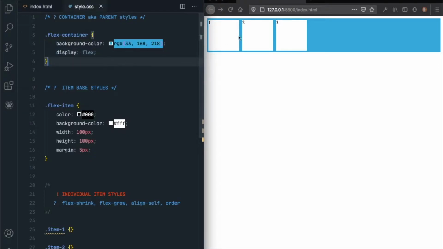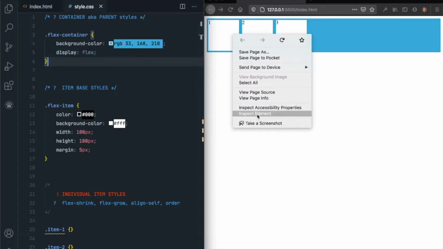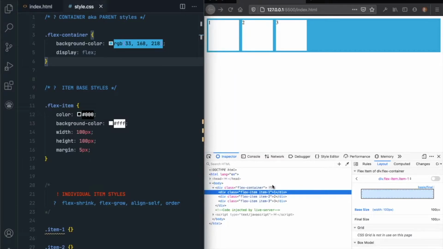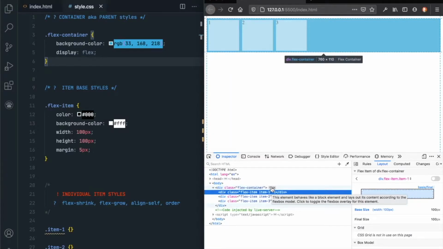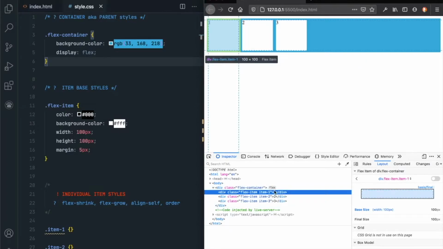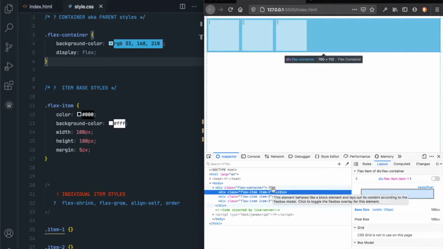Now let's inspect this item. You can see here this container is set as flex. This particular toggle says that this element behaves like a block element and its content is laid out according to the Flexbox model. In order to overlay this element, you need to click this.